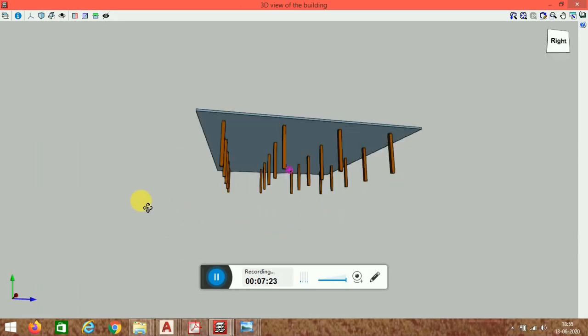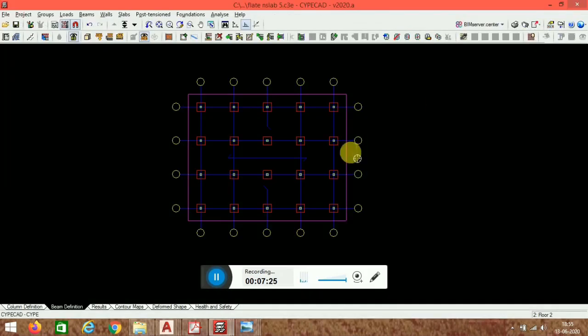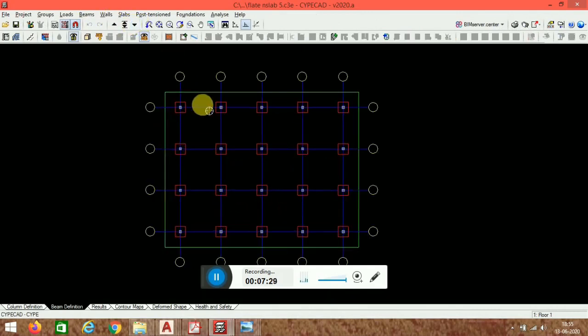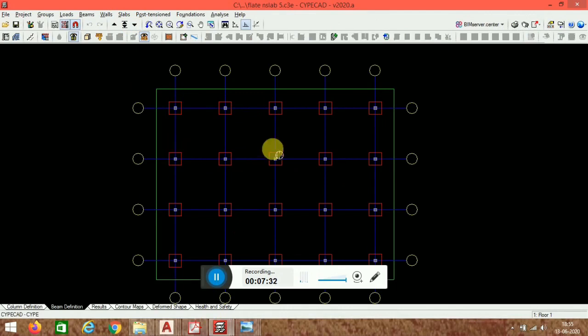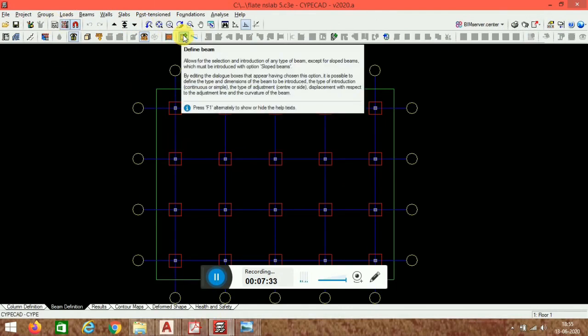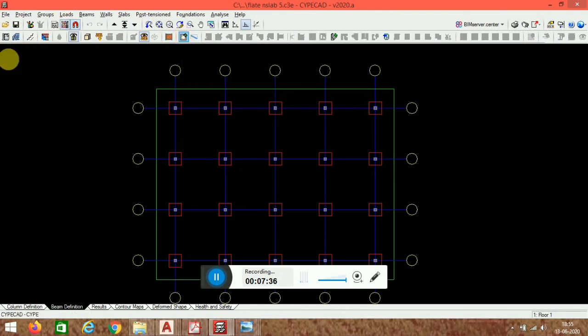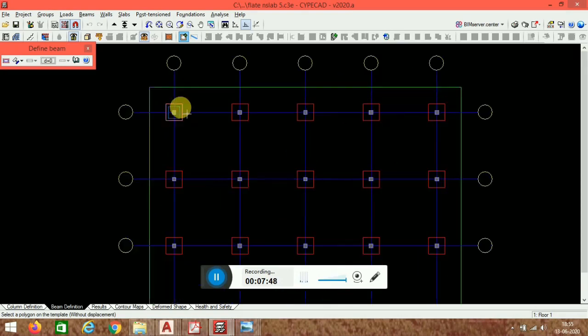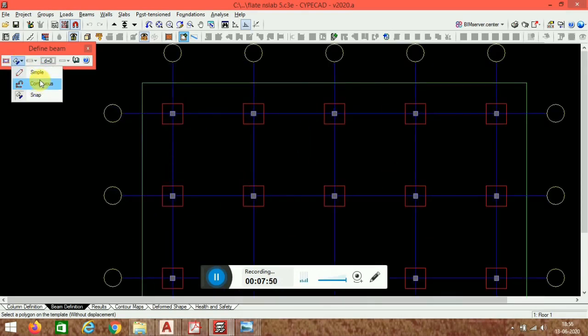So again, what we have to do, we go to the ground floor again, and we have simply the beam here. So you go to the beam options, we have a defined beam, and you can select the beam. I'm going to take the 30 cm by 45 cm. This is the tie beam we are going to take, and you can go for the simple option also,